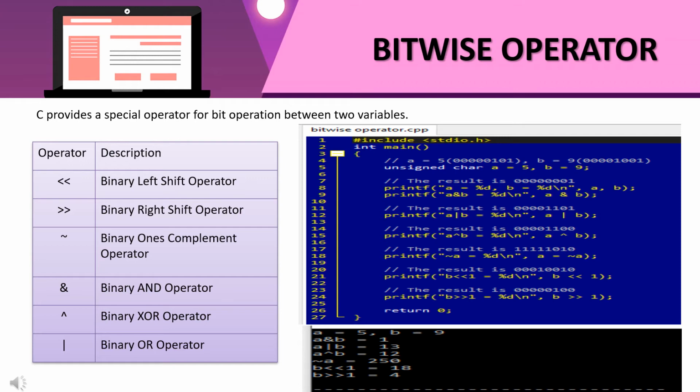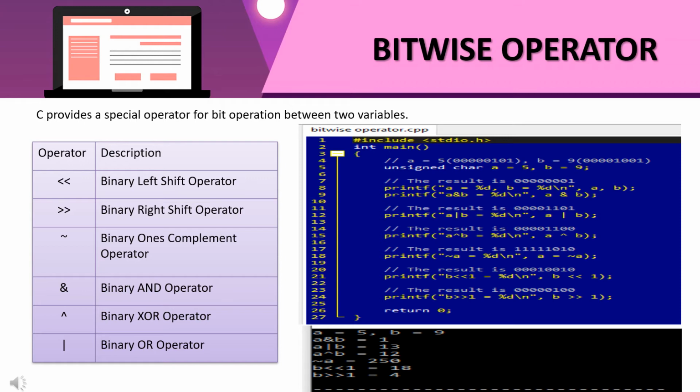And again, when we do the operation with the binary right shift operator, it is shifted by 1 bit to the right side and becomes 0000100.